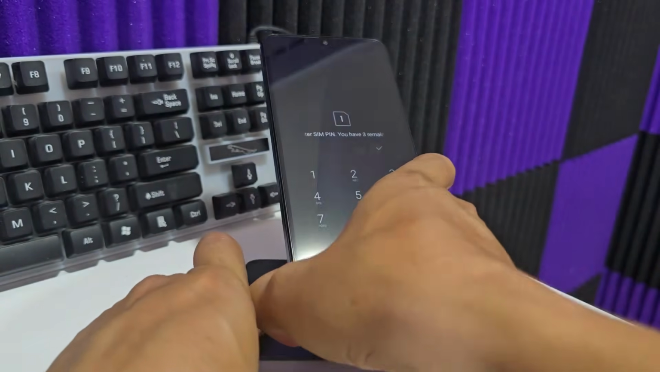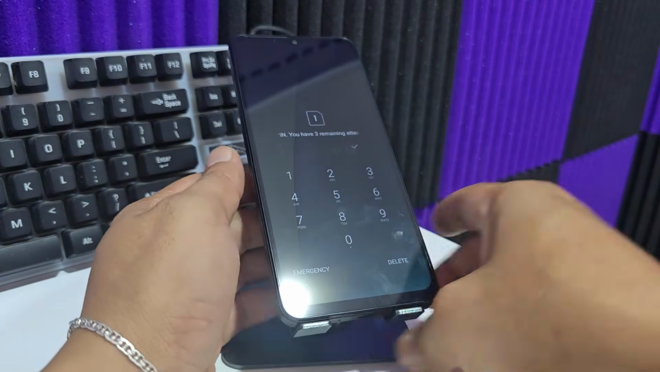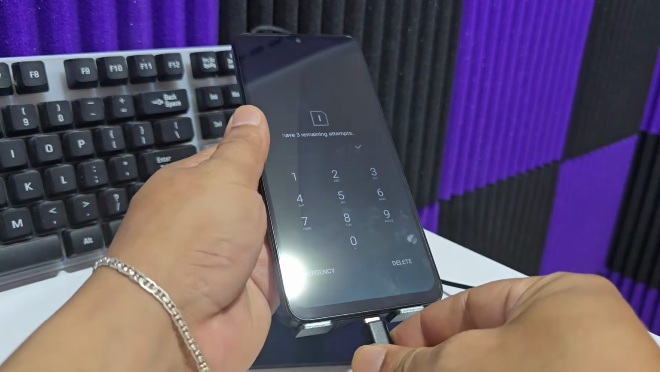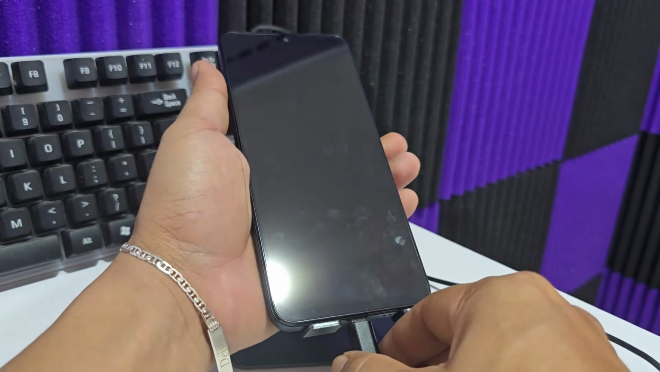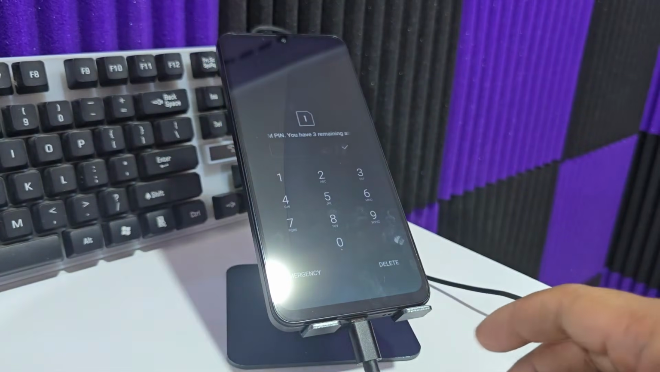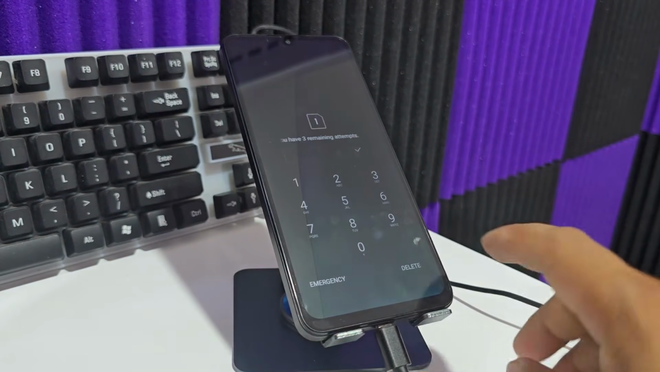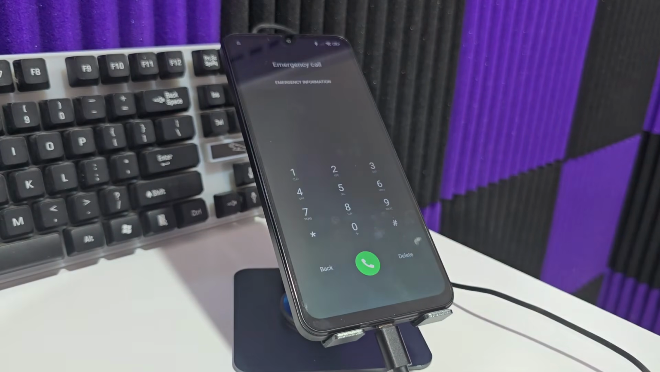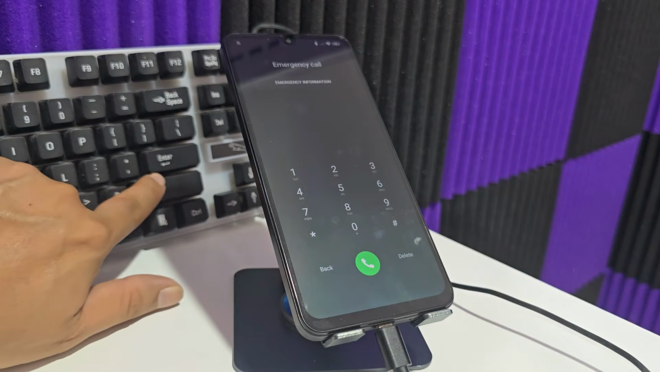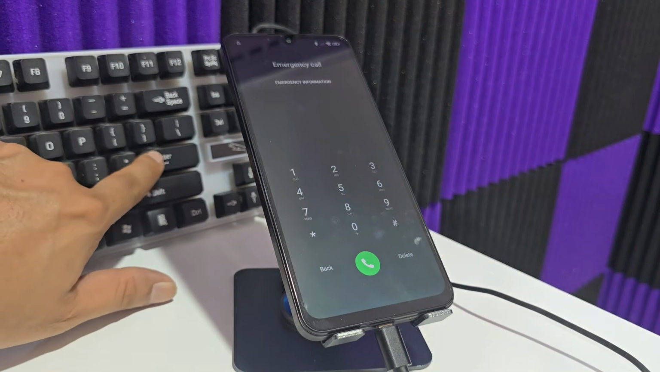Now that we have all this, what we're going to do is connect the device. We're going to explain what you're going to do. You're going to go here to emergency call. When we dial the emergency number, we're going to press the enter key. When the Google Maps option appears,